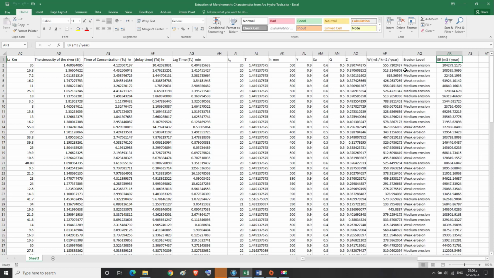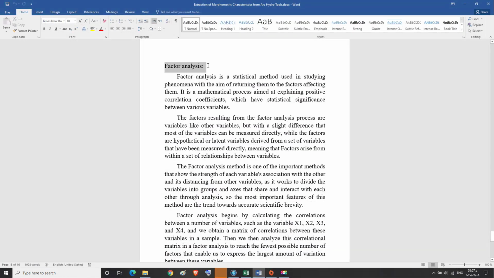In this part, after we have done an extraction of morphometric characteristics and parameters for the subbasins and for all study area basin, we finish and seal our work by making the factor analysis,